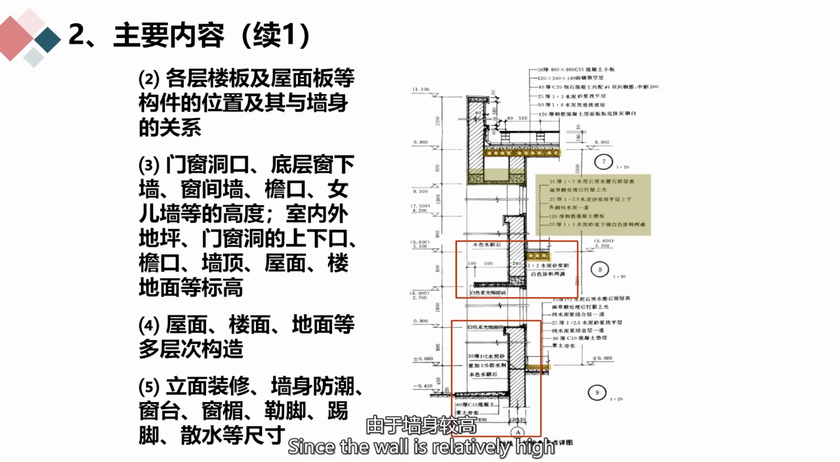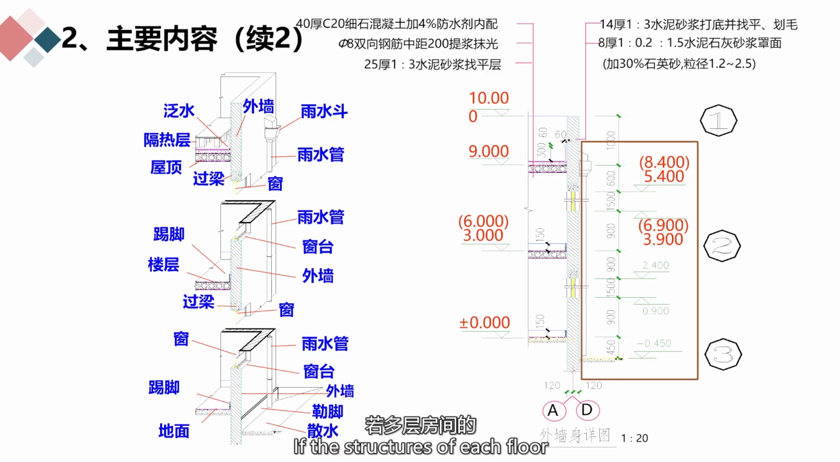Since the wall is relatively high and the drawing scale is relatively large, when drawing, a break line is often used at the window opening for omission. If the structures of each floor in a multi-story building are the same, only the construction nodes of the ground floor, the top floor, or one intermediate floor can be